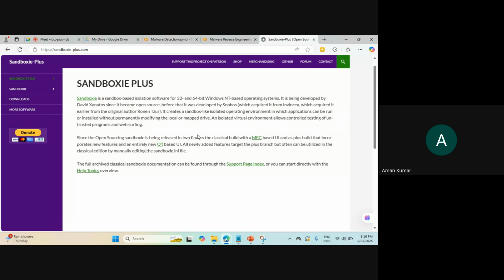Why it is developed is that we cannot run this malware on my local machine. We just need one platform where we can run this. That concept is known as dynamic analysis. Why we are going to run it is so that we'll be able to retrieve the code, the understandable information. After retrieving the whole understandable information, this will allow us to